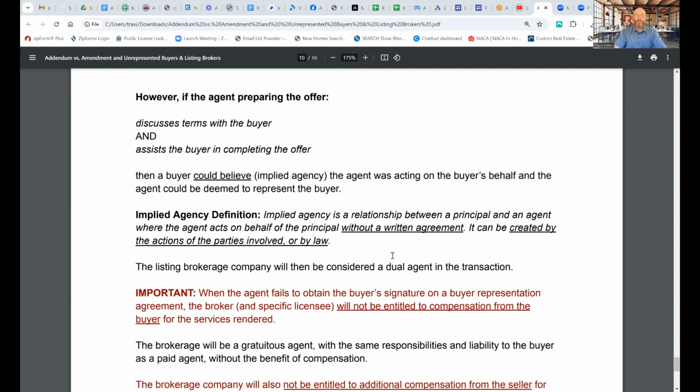For a refresher, implied agency definition. Implied agency is a relationship between a principal and an agent where the agent acts on behalf of the principal without a written agreement. It can be created by the actions of the parties involved or by law. So even though you're not providing the AD form or anything else, the mere action of helping the buyer fill things out and explaining things to them, to hopefully make your job easier when presenting it to the seller,